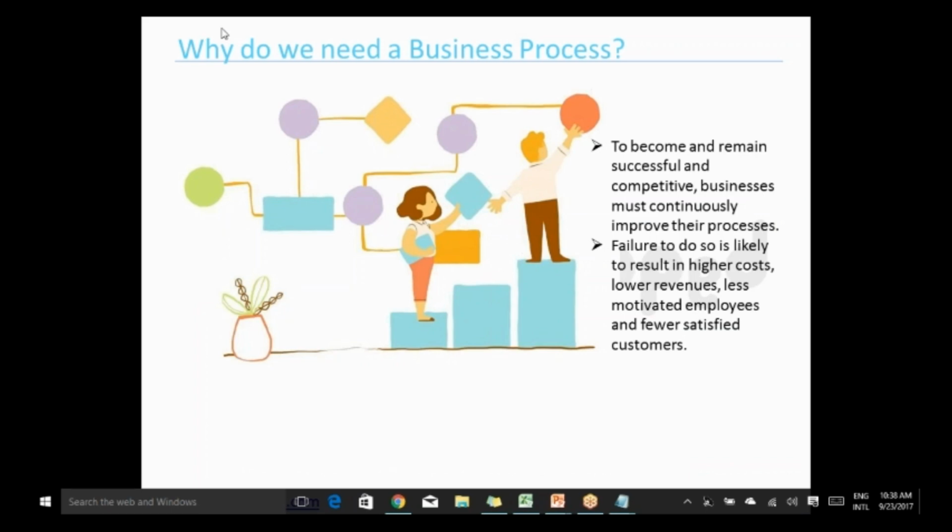Next, now we have seen an example of a business process. Why is there a need for a business process in the first place? Any rough view, anyone? Why do you feel there is a need? Forget about business. Why is there a need for a process in the first place? Why can't we do everything on an ad hoc basis? Why do we need to go through a process? What do you feel about its significance?